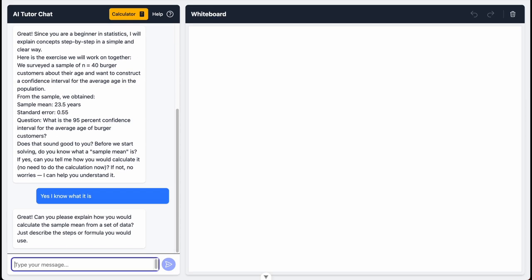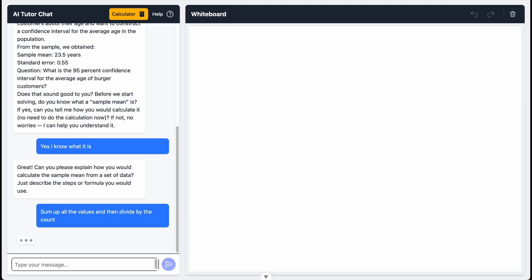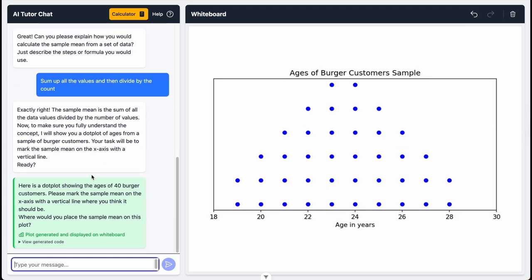And instead of just accepting it, because I just claimed it, he asked me to explain it again. So how would I calculate it? I would sum up all the values and then divide by the count. So I claimed it, and he asked a clarifying question if I really know it. So then, exactly right, the sample mean is the sum of all data values divided by the number of values. So it's correct. And in order to verify that I really understand it, he plotted this graph,